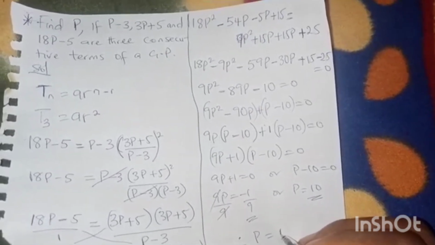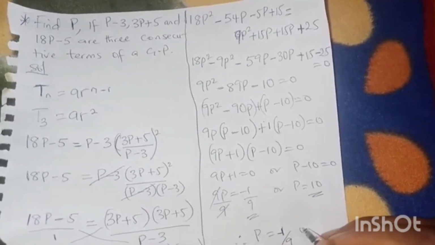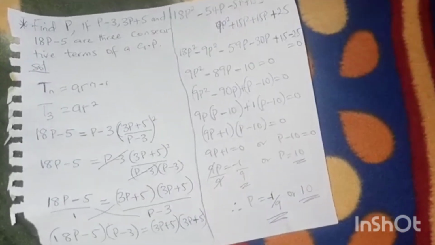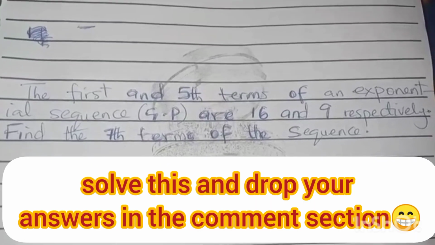So according to the question, they said find p. So our p is having two values, minus 1 over 9 and 10. Very easy. Now you see this beautiful question, it's for